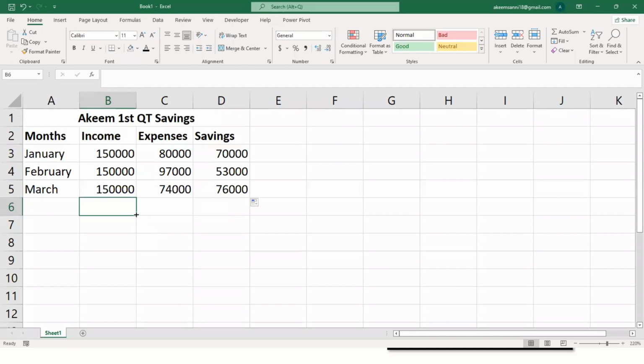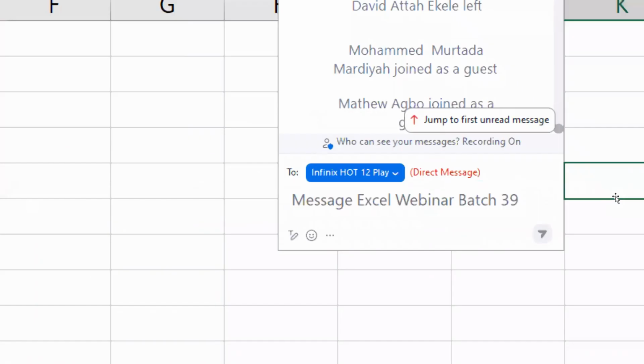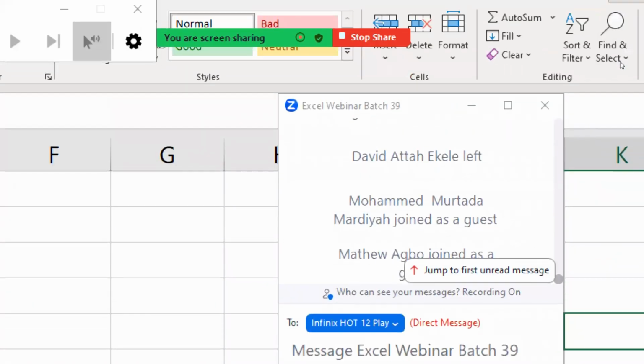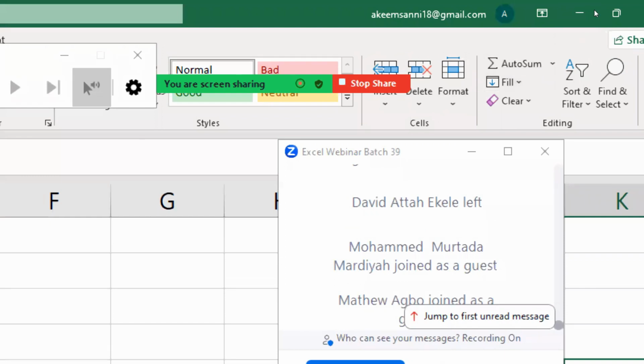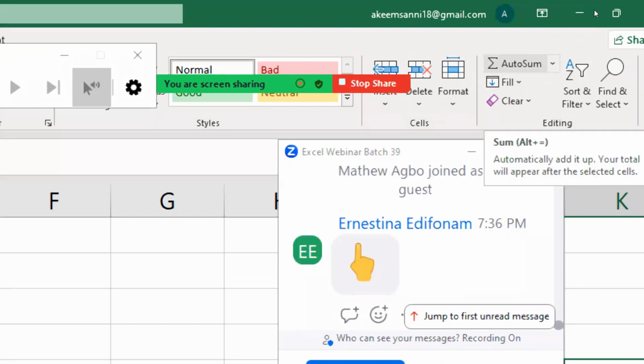So what I can do is I can use a formula called auto sum. Now, if you see up here, I have this auto sum. Let me see if I can zoom into that level. It does not zoom in. Okay, it has. So you can see I have this formula up here called auto sum, right?